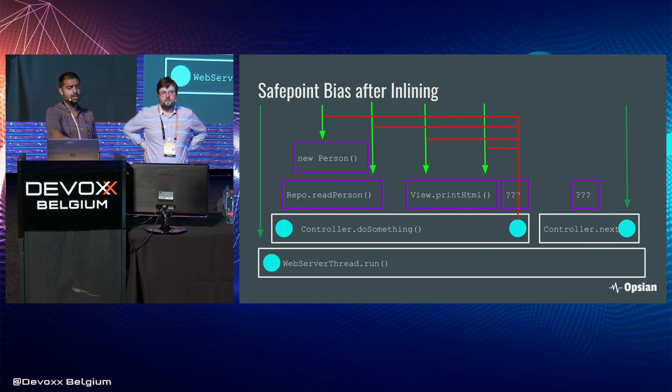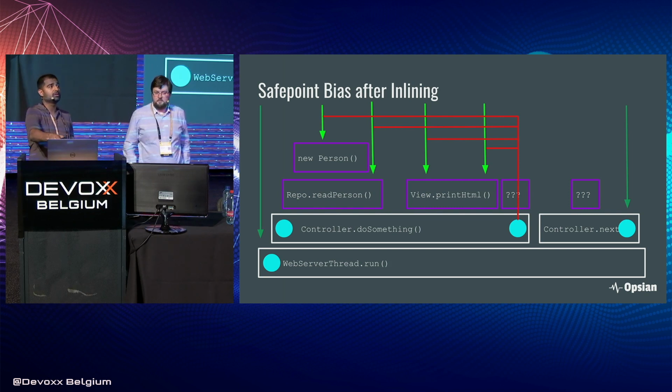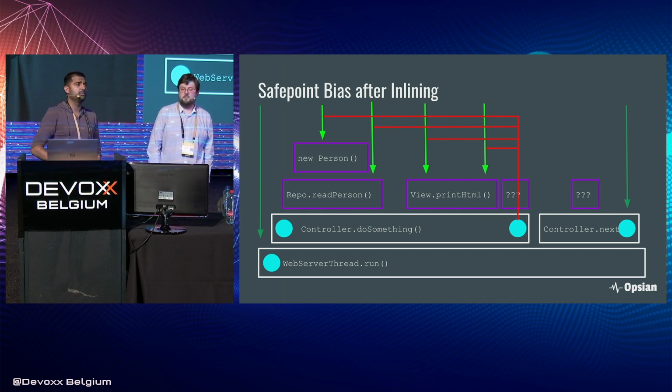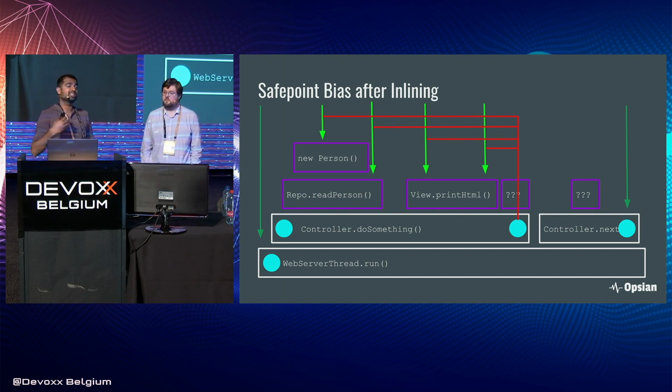And so what we'd actually see if we were using getAllStackTraces is a sample at the beginning, and then a sample right at the end of controller do something, which would misattribute the actual time we spent in the new person constructor and in print HTML. So the problem we have with a naive implementation of profiling in the JVM is that it's quite inaccurate. Safe point bias means that a lot of the reports and profiles that we could be getting can have a significant bias in them.